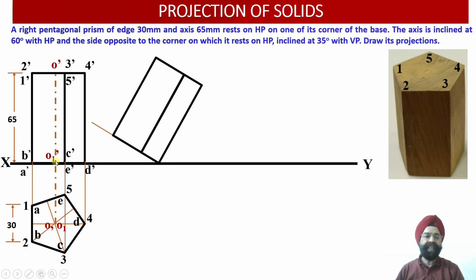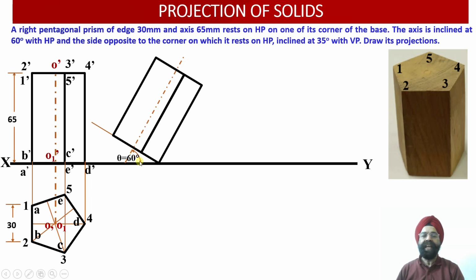So once we measure the distance between D dash and O1 dash, this point corresponding to the axis will also be located. And once again I draw 65 millimeter perpendicular projection, so I will be able to obtain this point as O1. This point will be O11,